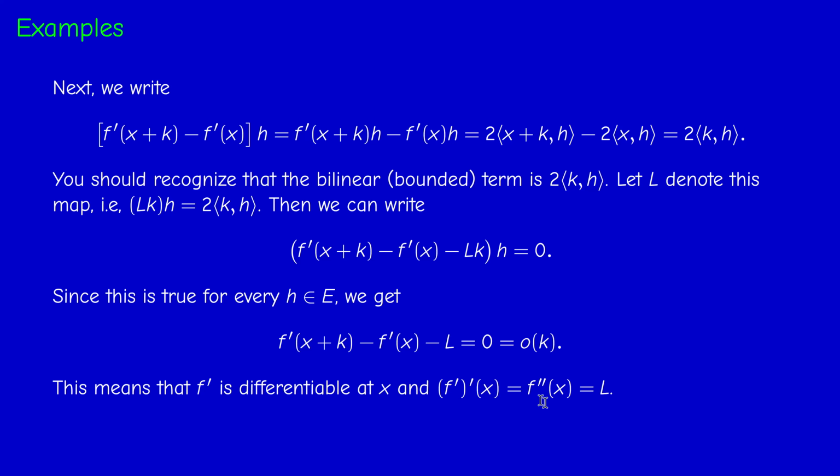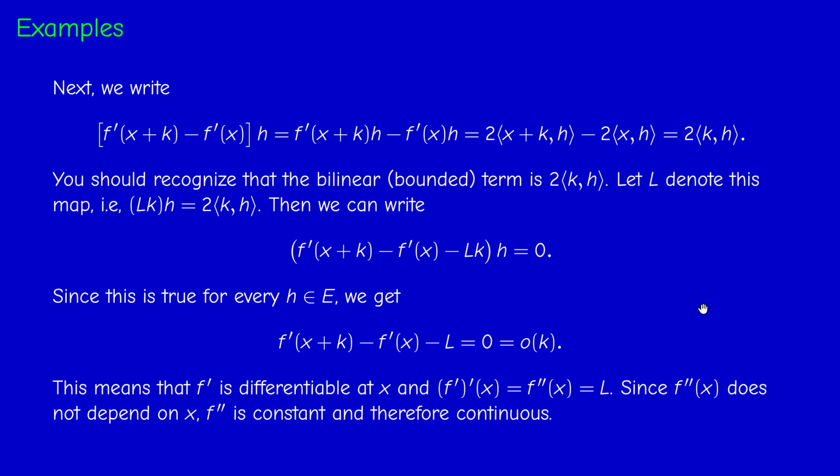So otherwise stated, f double prime is a constant. And therefore of course, differentiable. So actually f is C infinity. Okay. And of course, constant means continuous. So we proved that f is of class C2, and we computed its second order derivative